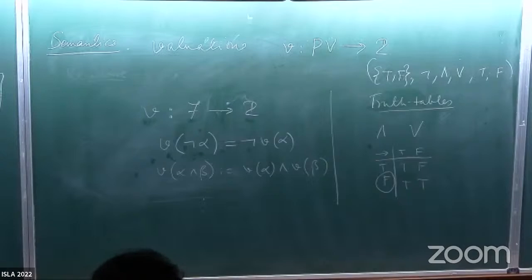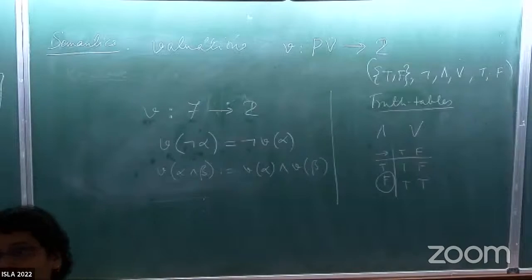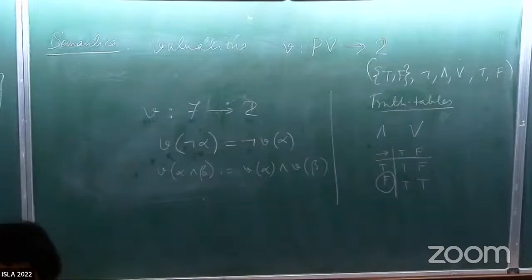And you don't have to go very far to see this. Like you say, the moon is made of green cheese implies something. But that entire thing implies 2 + 2 = 5. By virtue of this truth table, you would want to regard that implication as true, however absurd it may sound. All right. But as I said, that's kind of dicey if you connect these things all the time with natural language statements. However, if you come back to our mathematics, that scenario is precisely what we very often term as vacuous arguments, right?